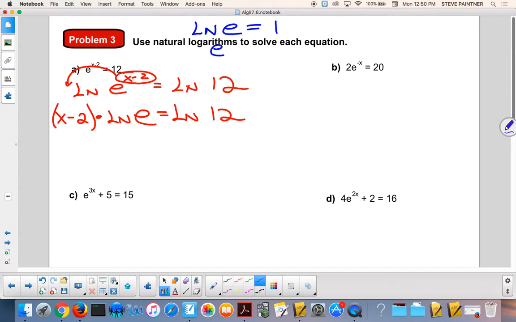Guys, you know what number you're looking at right here? Yeah, the natural log of e is really just 1 times this. Do you need the natural log of e there? No. You can just erase it, scribble it out. So you know what this says to you? x minus 2 equals the natural log of 12. Okay, so what are you going to do? Plus 2. So the answer would be whatever the natural log of 12 is, plus 2 more. I'm trying to get you to understand with my parentheses, you take the natural log of 12, whatever that is, then you add 2 more. And you get